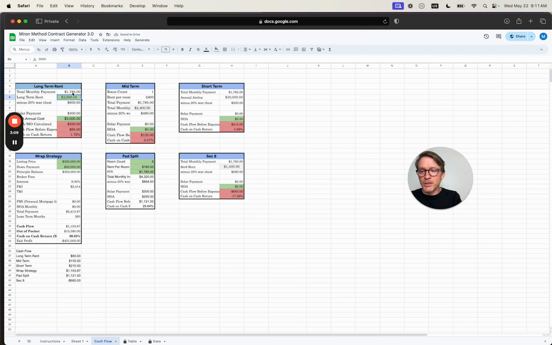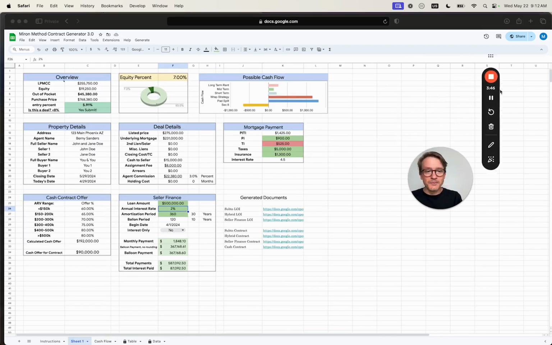And so if you have a monthly payment coming in of $1,700 and you have a $3,000 long-term rent, you're going to take away 20% of that and move this thing. Let's say you have an annual HOA of $3,000. That sounds ridiculous, but let's do 700. Oh, whoops. Let's do 700 here. Okay, so that gives you a cash flow of about $300 a month, $250, which is a 6% cash on cash return. So you come back here and you can see